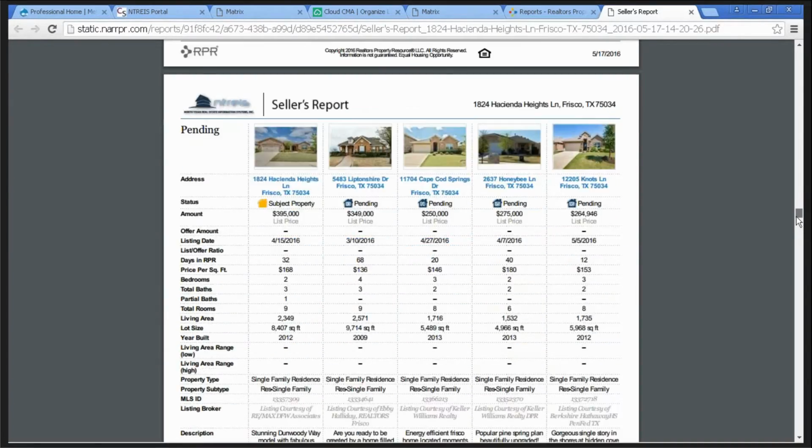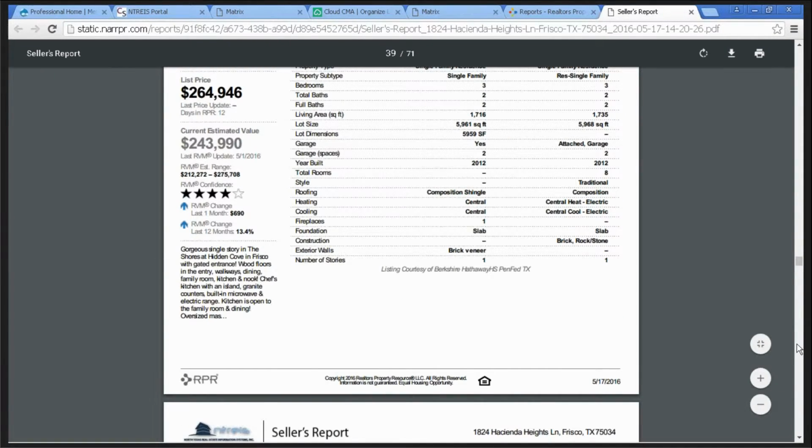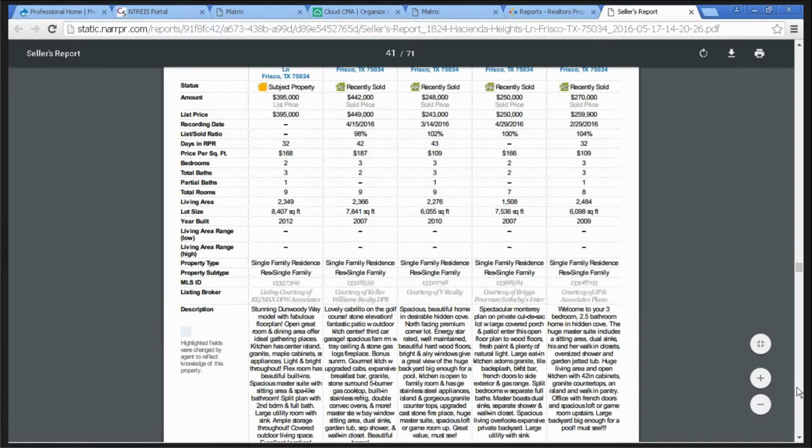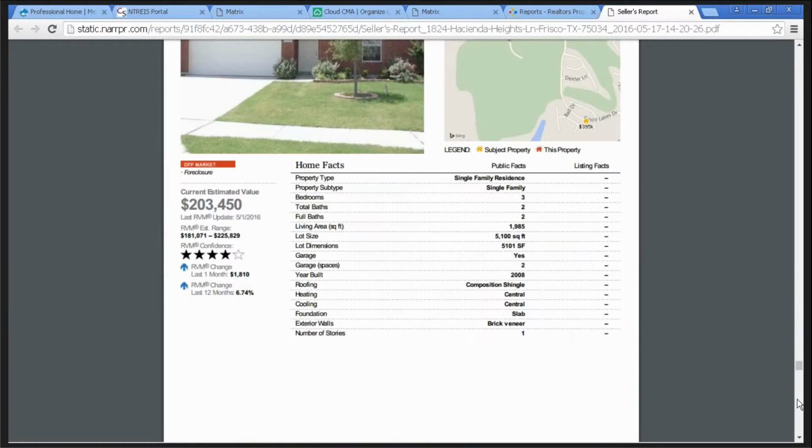So I'm not going to make you dizzy by looking at all of those, but just be aware that it has tons of information about those for your seller to look at. So if we get down here towards the bottom, once we get through the comparables,